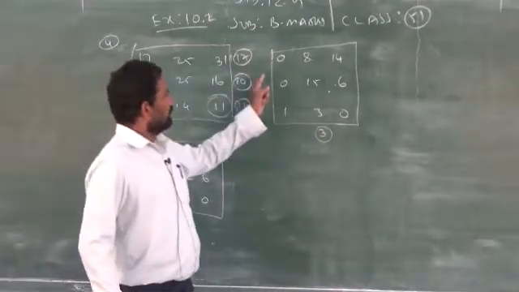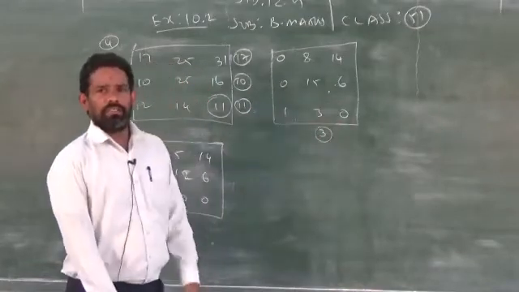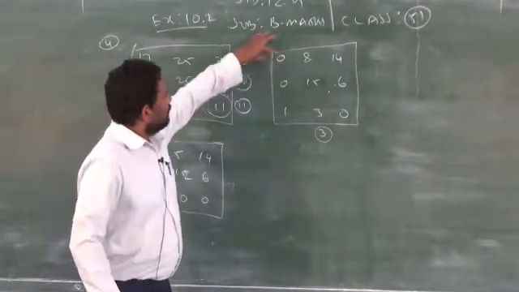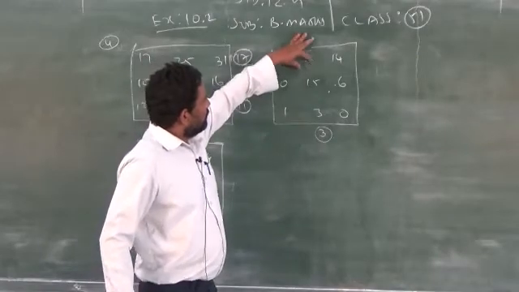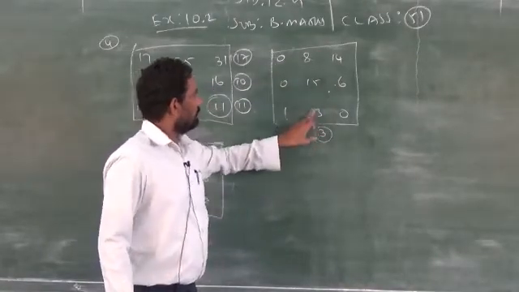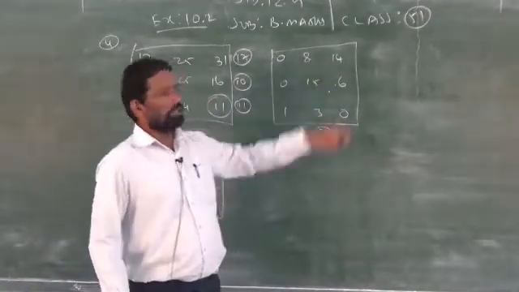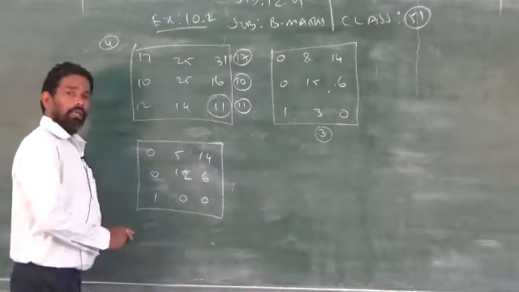Then you have to check whether all the rows have zeros. Rows have zeros. Now you have to check the same way for columns also. Columns have zeros. This column doesn't have zeros. So therefore, you take the least value, subtract from this element, I got the answer like this. Now the third column has 0, so no need to disturb. Clear? Are you clear or not clear?